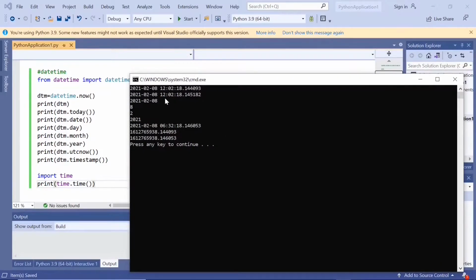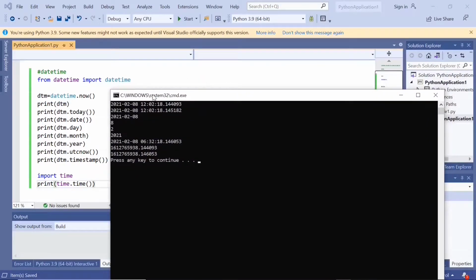So the first one is we are printing datetime.now, that is year, month, day, hour, minutes, seconds, and then millisecond. And dtm.today also gave us the same thing, date and time, hours, minutes, seconds, and then millisecond. And then dtm.date is, we got YYYY-MM-DD. The day is 8th, month is February, so 2, year is 2021,